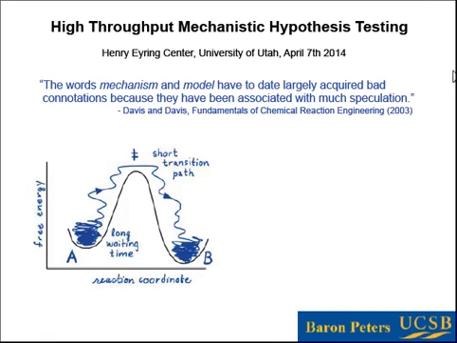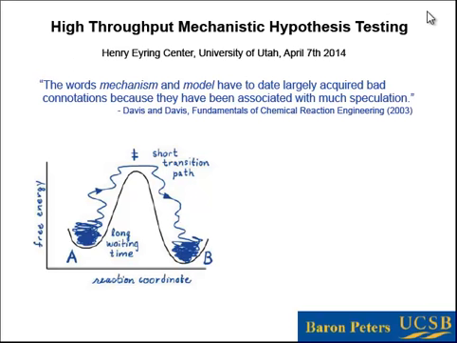I have given the introduction in some sense already, but now that you have a sense for why reaction coordinates are important and what can be done if we know them, I want to tell you about how to get them. Likelihood maximization is the approach that we've used. I should note in fairness that Aaron Dinner came up with one of these called the neural network approach that is quite good as well. So high throughput mechanistic hypothesis testing is the selling point here, and that's this idea that you can generate a whole long list of mechanistic hypotheses and quickly screen through these to figure out which one is the best